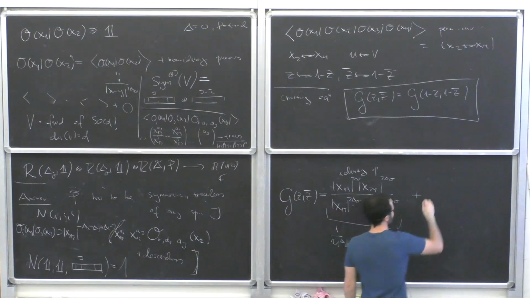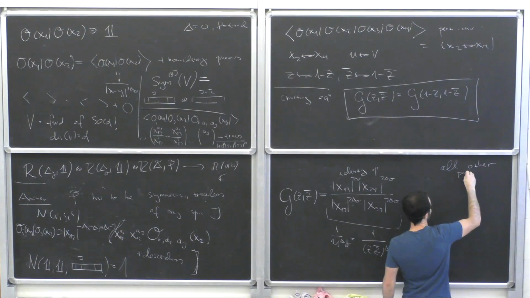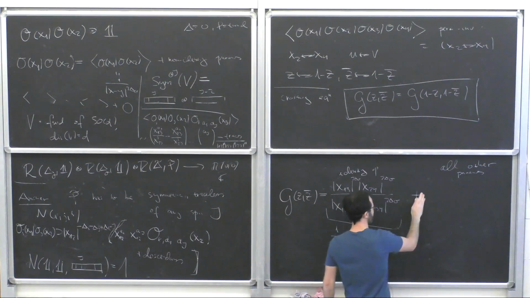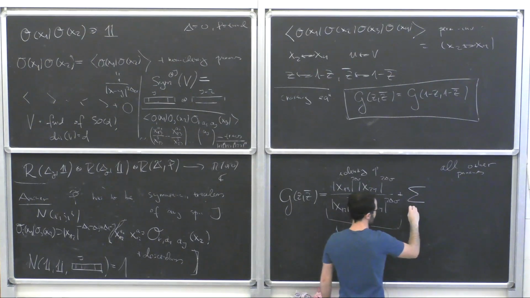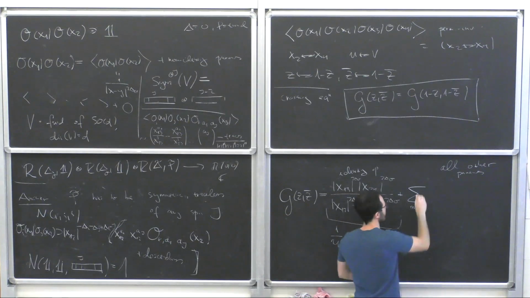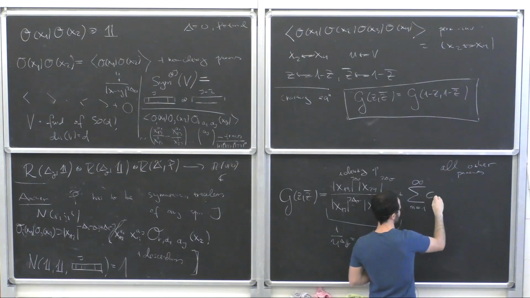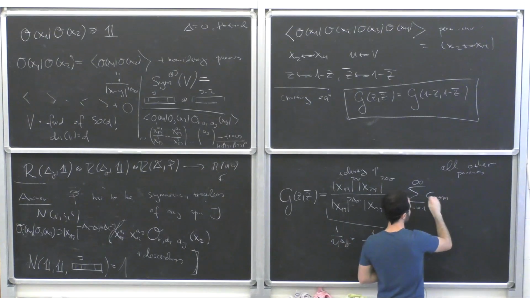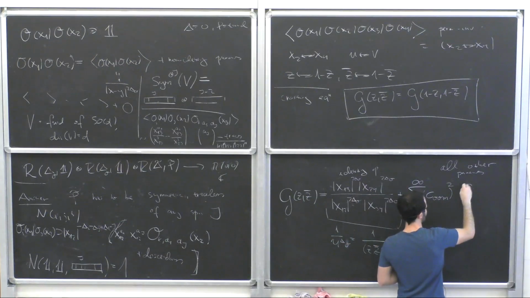And now we have all of the other operators. The other primaries, which we have, more or less established with a bit of hand waving, have to be symmetric and traceless. So let's write it as the infinite sum. Now I'm going to write it from 1 because m equals 0 is the identity. So it's some sum over many operators. And here is the 3-point function coefficient C squared times a conformal block,